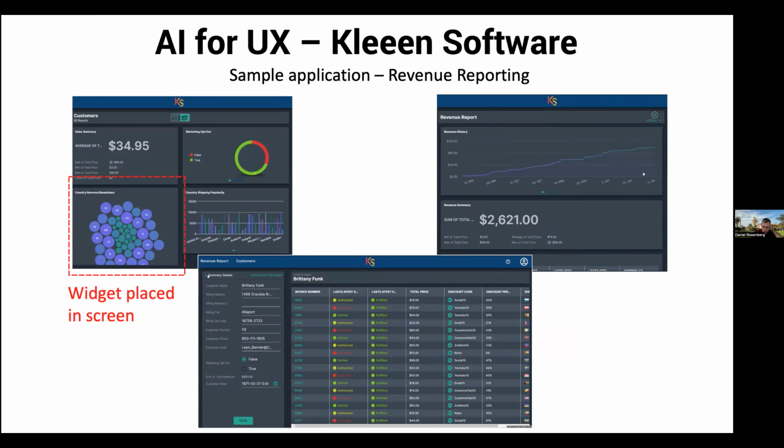And then, of course, when it comes to generating the entire UX design, the AI will go pull that widget and put it in the dashboard in the place that it thinks it's most applicable. And it also generated the report view, and it generated the inventory view as well.